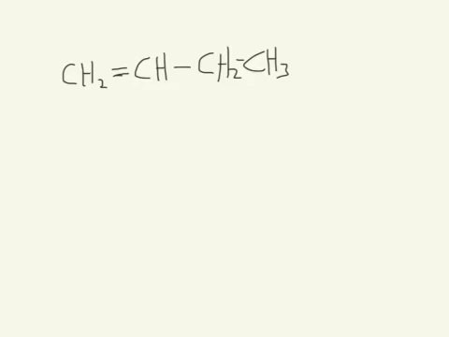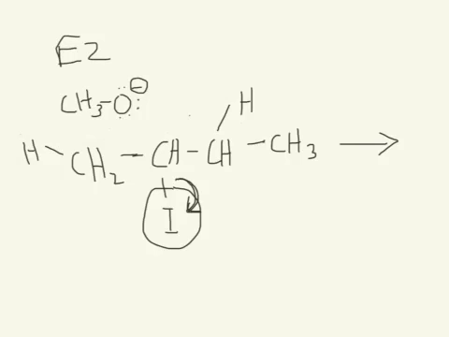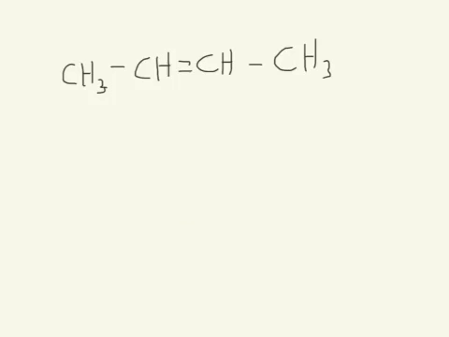This is not the most stable possible product that can come out of an elimination reaction, because the base could have also attacked the hydrogen over here and created a more substituted alkene, a double bond where the carbons have more carbons bonded to them. I redrew this molecule a little bit so we can see a reaction where the base attacks another hydrogen and a different double bond is formed and the leaving group comes off in a similar way,